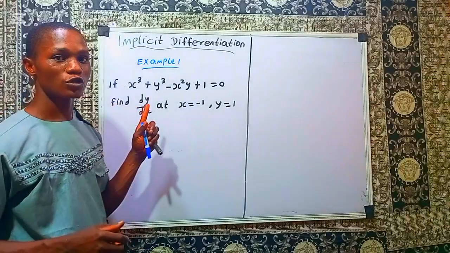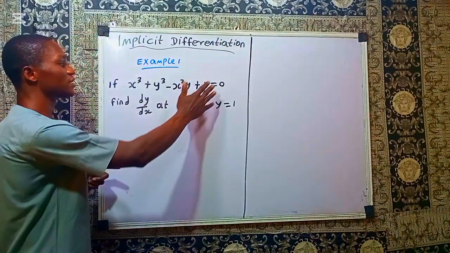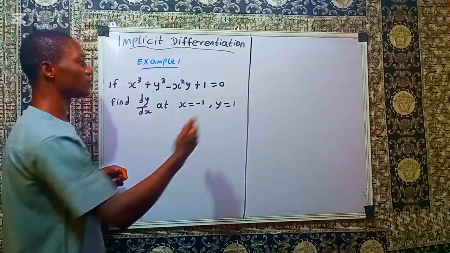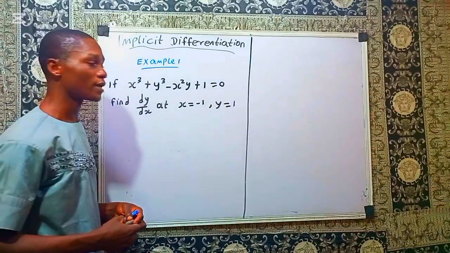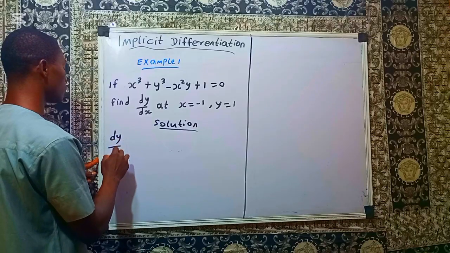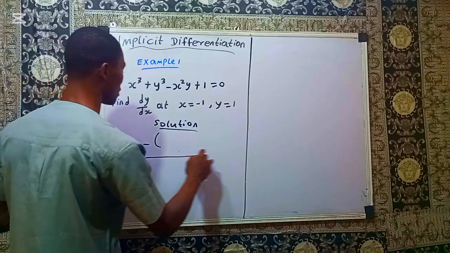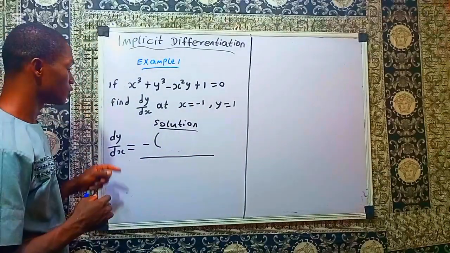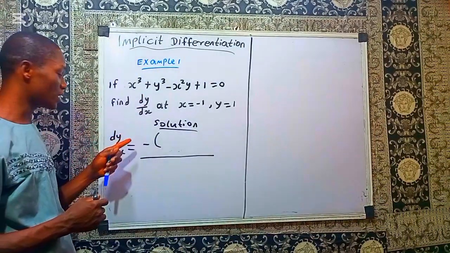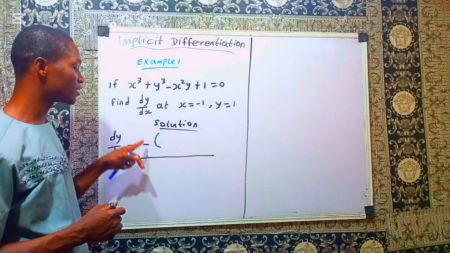Before you use this shortcut to find the implicit differentiation of a given implicit function, you should make sure that everything you have is at the left hand side. You have collected everything at the left hand side, and it's only 0 at the right hand side. Then the derivative of y with respect to x will be equal to minus open bracket. See what you are going to do. The result of this will be that, we are looking for the derivative of y with respect to x. You are going to put a negative sign here at the numerator,